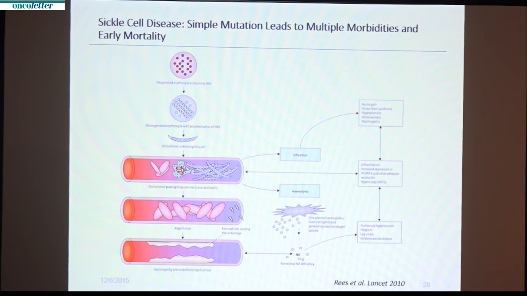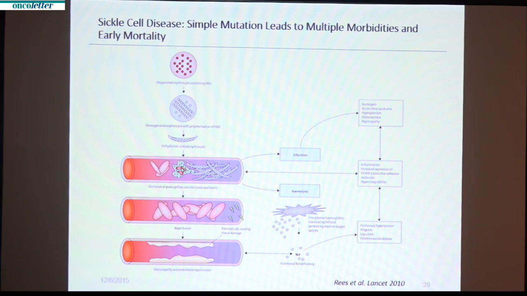It also leads to hyposplenism at a very young age due to splenic infarcts, osteonecrosis, and a nephropathy. The hemoglobin S polymers lead to the sickle cells being very rigid, and when they pass through the circulation, we see breakdown and hemolysis. This hemolysis releases free hemoglobin, which binds nitric oxide and releases oxygen-free radicals, which cause further damage to the endothelium and a vasculopathy. The nitric oxide functional deficiency also leads to vasoconstriction, and we see pulmonary hypertension, priapism, and various